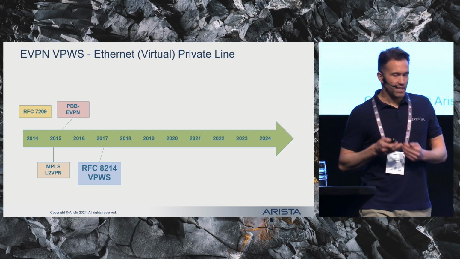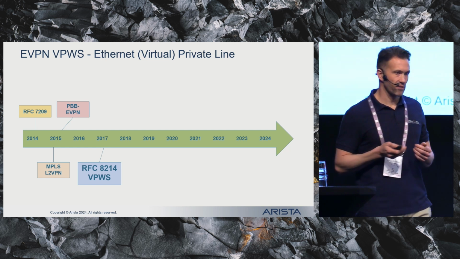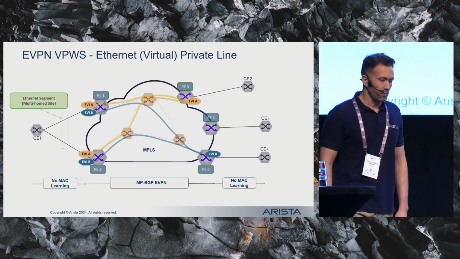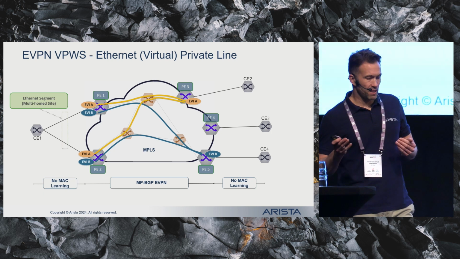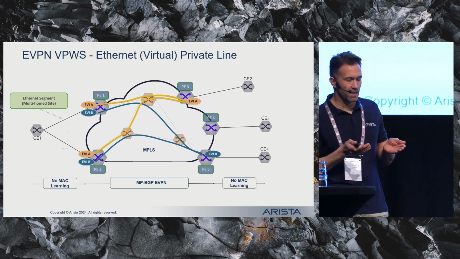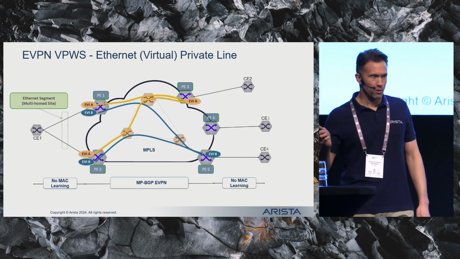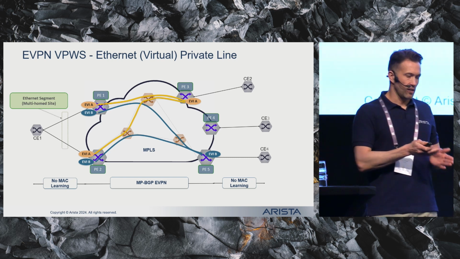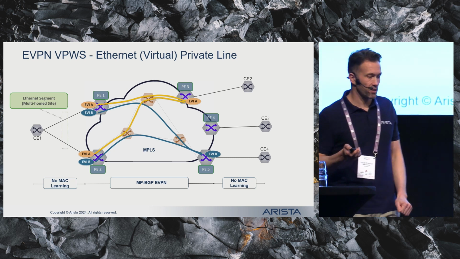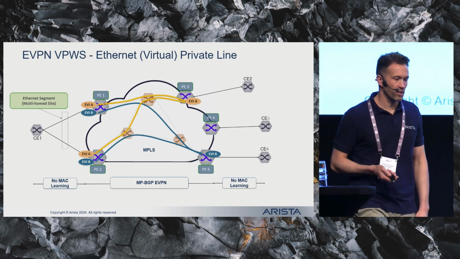In 2017, an E-line service was introduced. This was RFC 8214, or Virtual Private Wire Service support in Ethernet VPN. And this was to target the Martini and the Kompella drafts that I mentioned before, so the LDP and BGP-based pseudowire services. And comparing this to the point-to-multipoint layer 2 VPNs that I showed you before, VPWS can only have 2 endpoints per VPN, so similar to an actual wire, right? You have no MAC learning taking place, neither locally nor across the network. Simply what goes in on one side comes out of the other side.